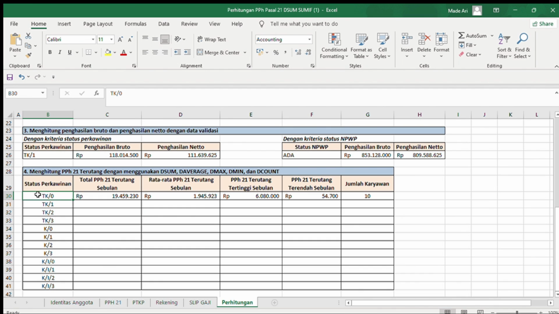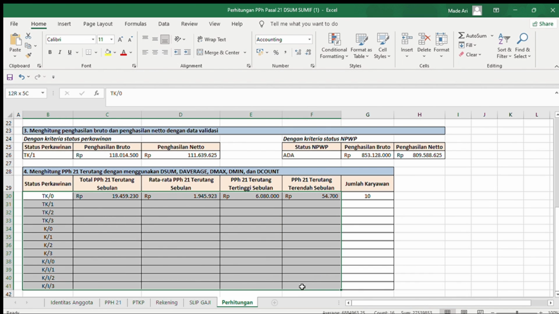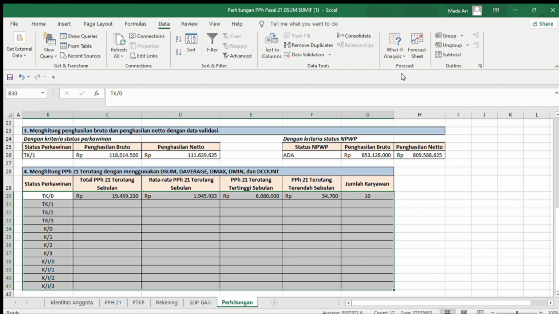First thing we should do is block all of the cells that you want to calculate, and then go to the Data section. You get What If Analysis, and then choose Data Table. Choose the column input cell, pick it, and then click one of your criteria,